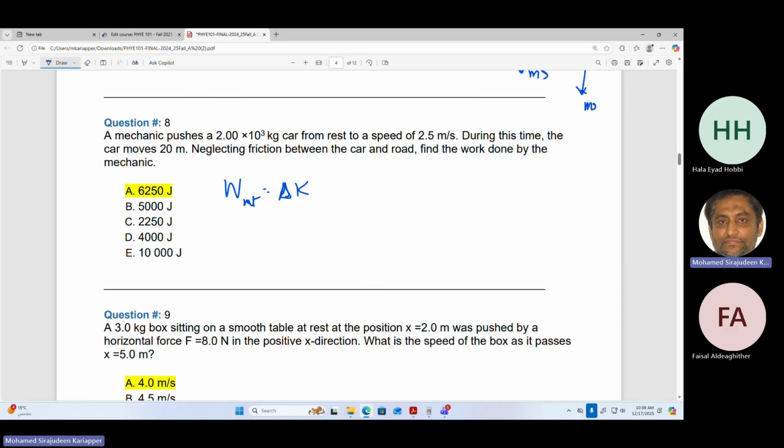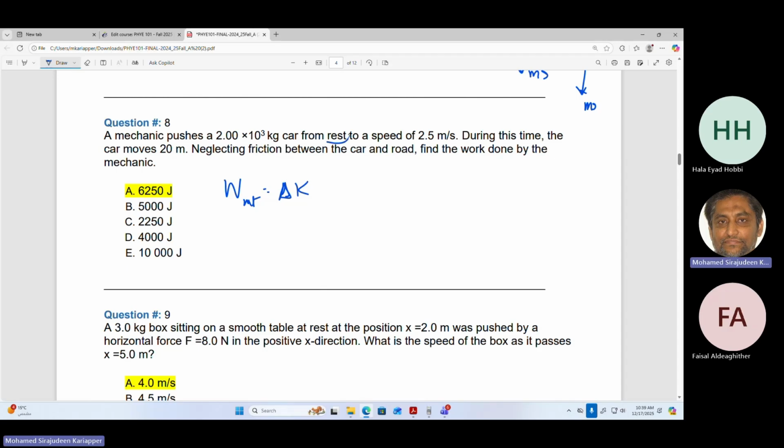If you have a mass m and a velocity v of one object, its kinetic energy will be half m into speed squared. When you have two balls, that's different. But if I ask you what is the kinetic energy of an object having a mass m and a speed v, the answer is half m v squared. So we are talking about a car